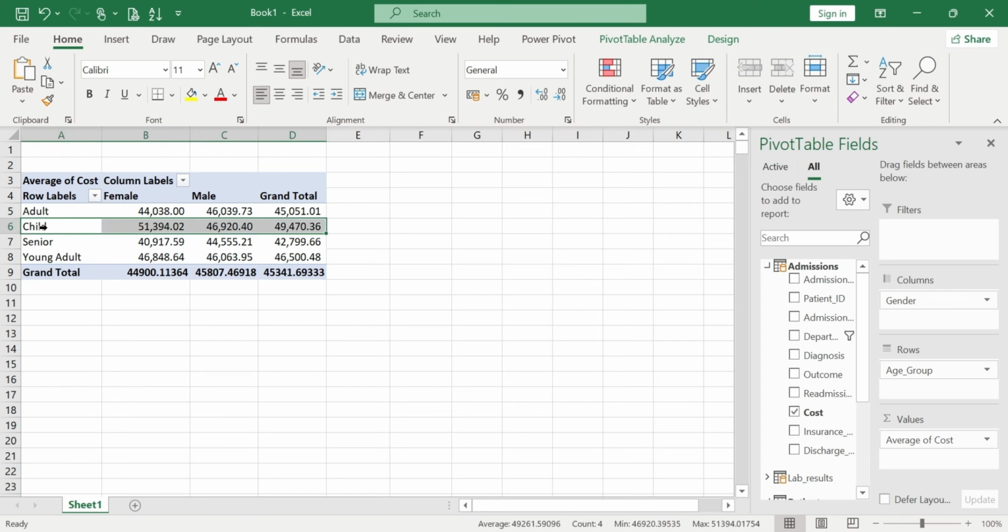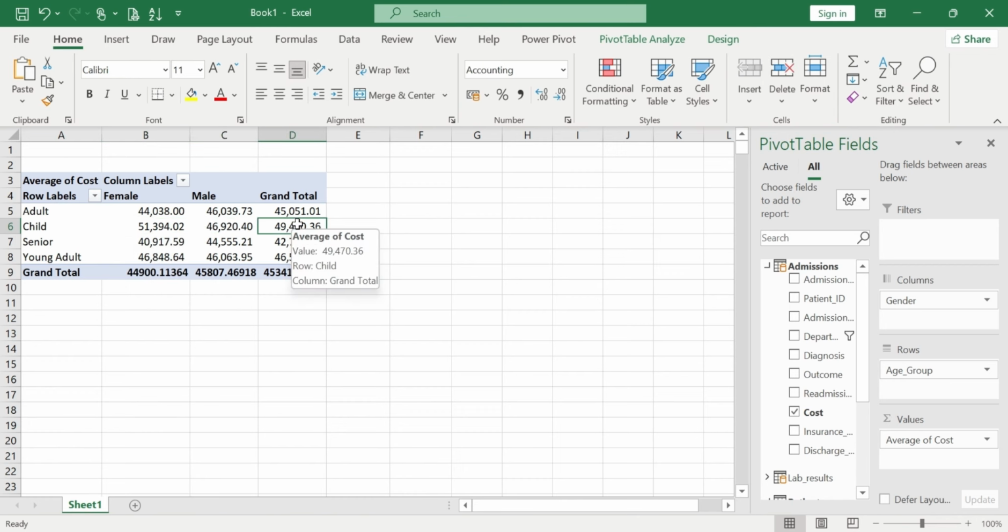The average cost of treating a child, that is a female child, in top care hospital is 51,394.02 Kenya shillings. The average cost of treating a male child in a top care hospital is actually equivalent to 46,920.40 Kenya shillings. The average cost of treating a child in top care hospital is actually equivalent to this one here, which is actually 51,394.02 plus 46,920.40, divided by 2, and it will actually get us the average cost of treating a child to be